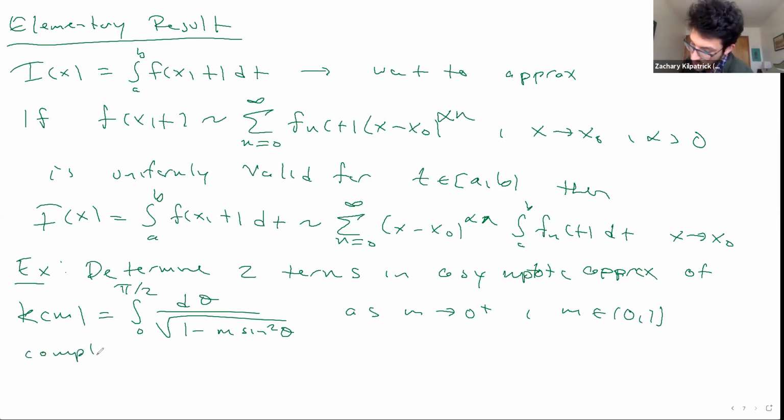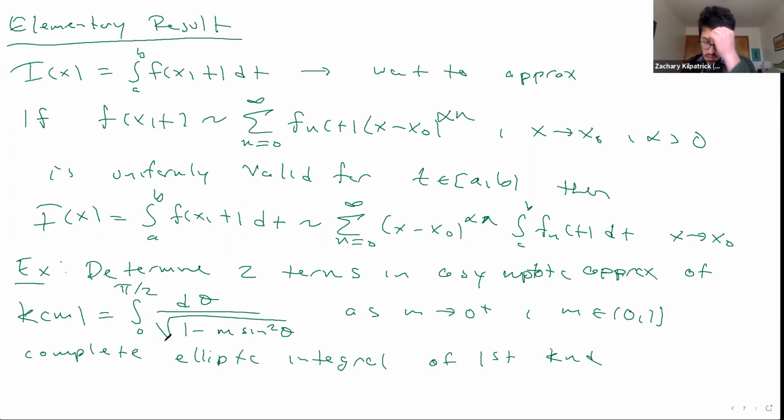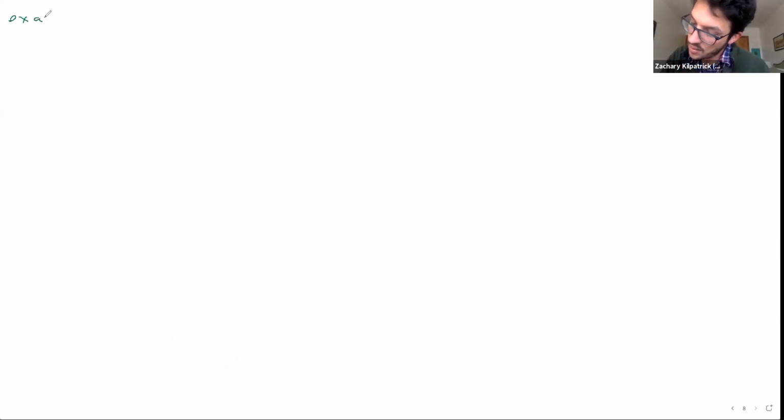So this is sometimes called the complete elliptic integral of the first kind, okay? And if we start by just performing a term by term integral, that can work in this case, but it's not necessarily going to be a uniform approximation. So let me show you what I mean, okay? So if we examine